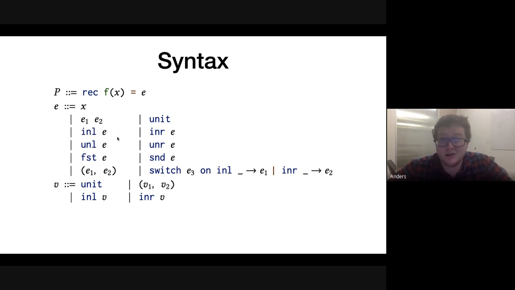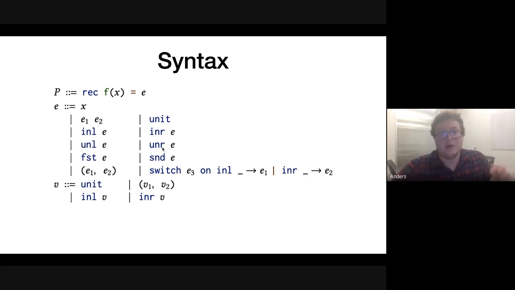One thing that we do slightly differently is that we don't use matches. This is due to technical reasons, but essentially when you are building these programs bottom up, you don't know what variables have been introduced in matches. So we don't want a variable number of variables; we're using a fixed number of variables. Instead, to extract the subcomponent of a sum type, we use unleft and unright.